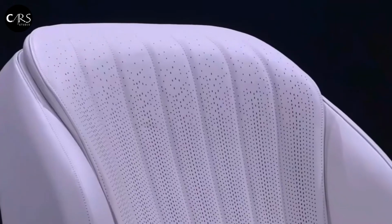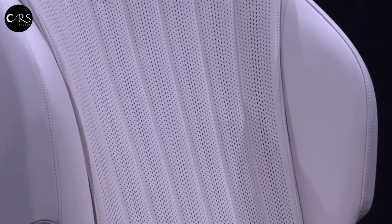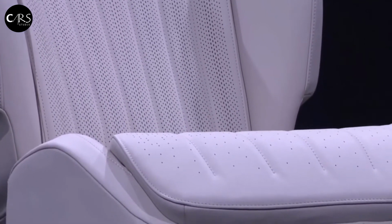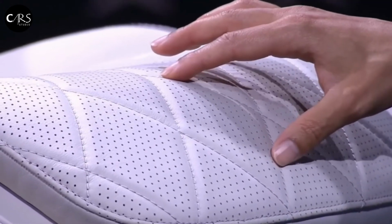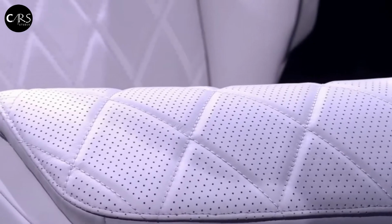And those seats will offer a top level of quality, of comfort, and absolute exquisite materials. If we start out on my side, the seat right here has this lovely diamond pattern, and this is what you call time-honored pattern at Mercedes-Benz. What does that stand for? The diamond continues to be the design element that symbolizes high luxury. And the time spent on the pattern, on the craftsmanship, is part of our commitment to offer highest luxury, highest